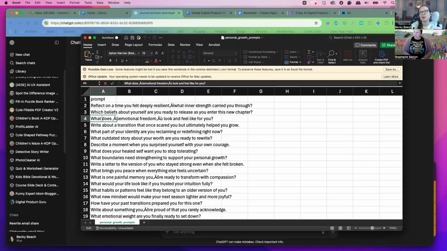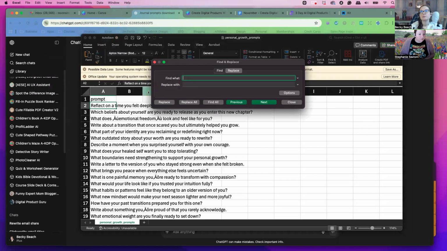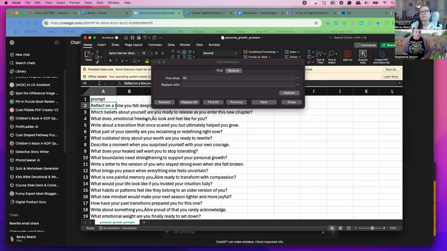It does that sometimes. If it does that for you, just copy the characters and go to Edit, Find and Replace. Paste it in, replace with nothing, and then Replace all, and it will get rid of it. It will do that sometimes. And it looks like there's another one here.